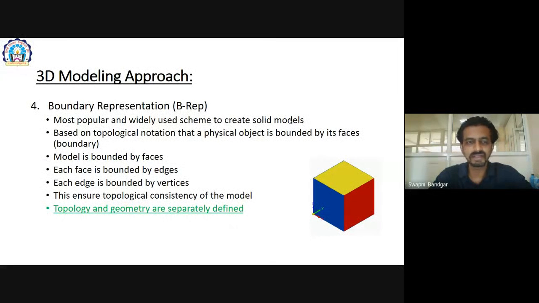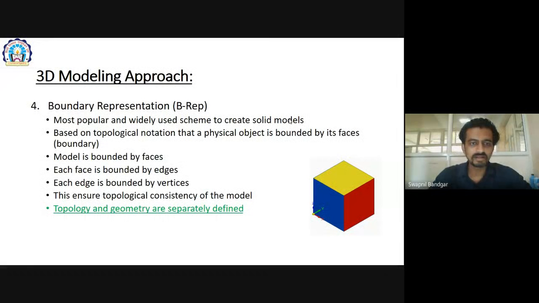Then a face is bounded by the edges, meaning whatever is inside the edges is its face. And the edge is bounded by the vertices. In this case, if you talk about the cube, it will have a total of 8 vertices and 6 faces, and there are 12 edges.